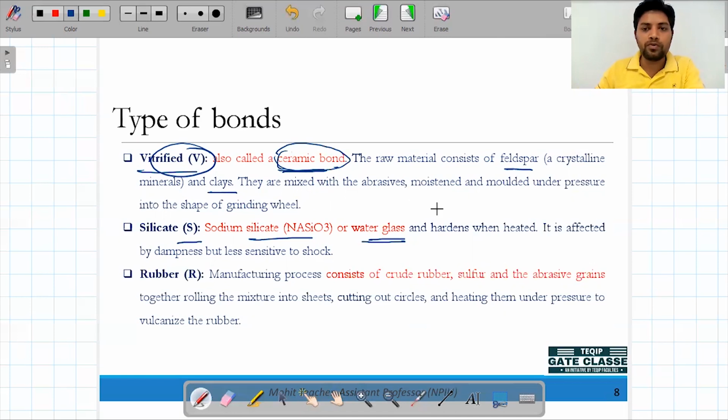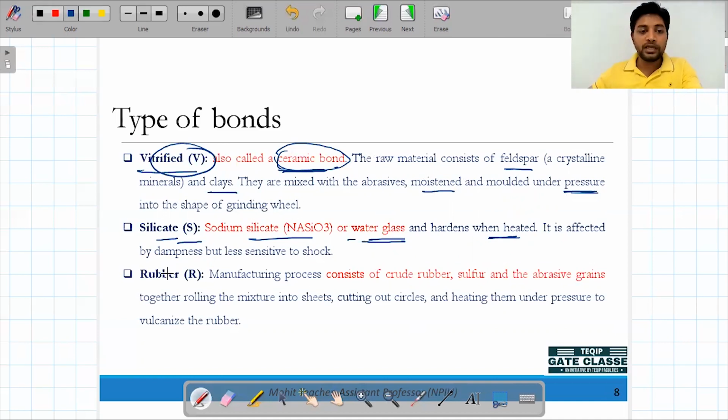So for that, since there is a liquid material, we have to heat it, and the liquid material should first be shocked or vaporized. Then we can mix it, and if there is moisture, we can remove that moisture, and after that we can apply pressure to make the shape. If we are using silicate, that is water glass, first we heat it and then we apply pressure. Sometimes we first heat, then apply pressure, and sometimes we apply pressure along with the heating.